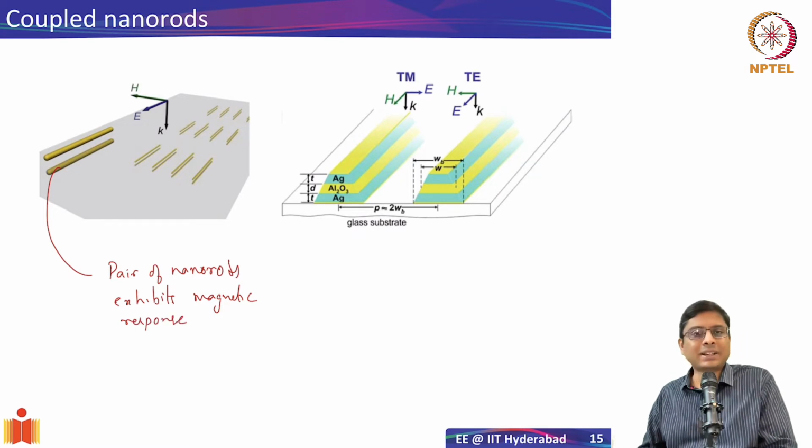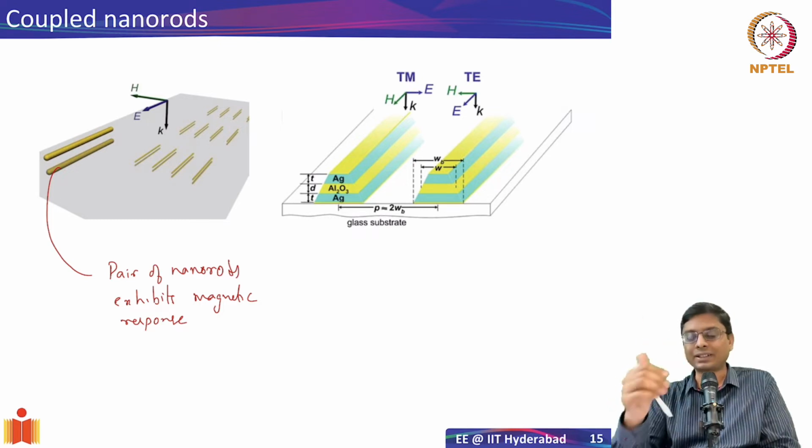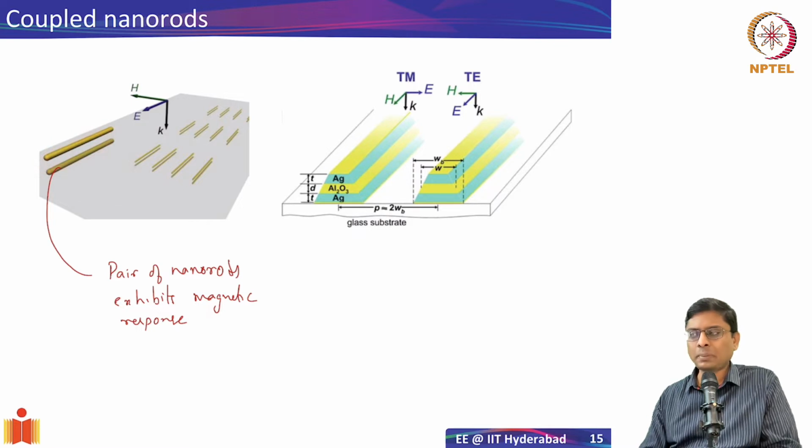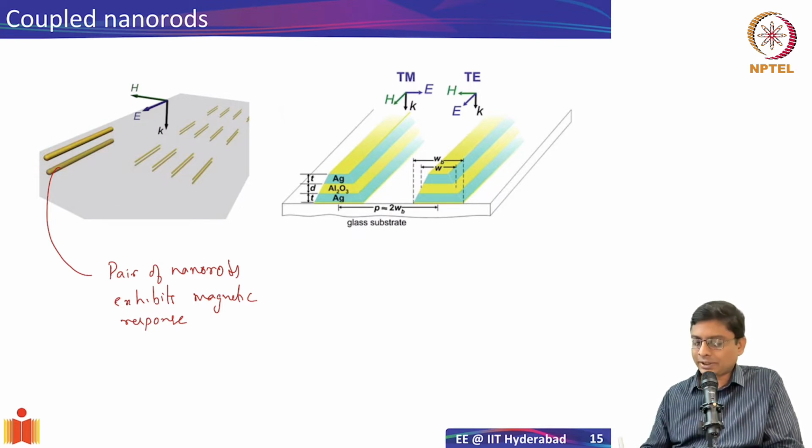The reason it exhibits a magnetic response is, if you think about this, the magnetic field is in this direction, perpendicular to the axis of the nanorods, and then you can have a circulating current going in these two rods. So you'll have conduction current and then the displacement current at the gaps. Basically this circulating current will give you the magnetic response. So this was a proposal that was done way back. Basically this displacement current loop